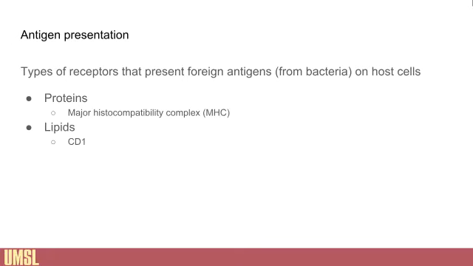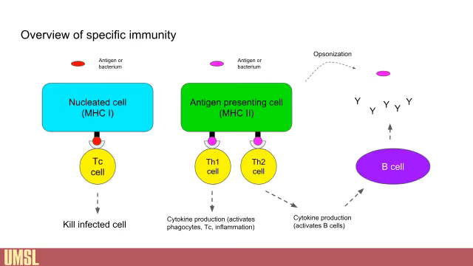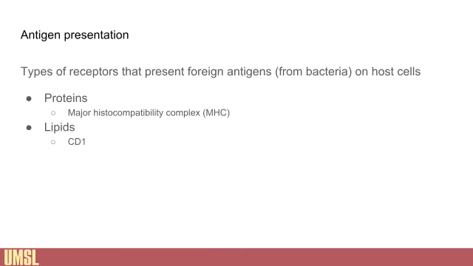So antigen presentation, the types of receptors that present foreign antigens from bacteria on host cells. Back in this slide here, I talked about MHC1, MHC2. What these are is the major histocompatibility complex, MHC, and as the last figure describes, there's two varieties. And there's a separate antigen presentation system, CD1,